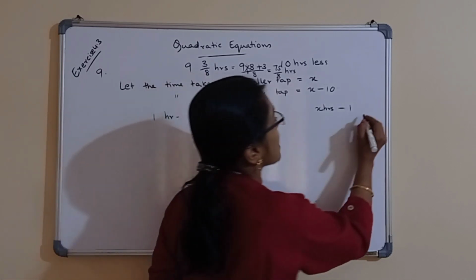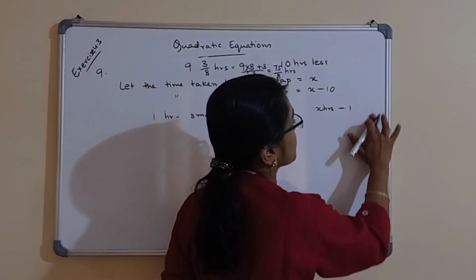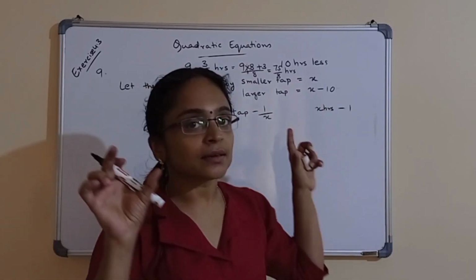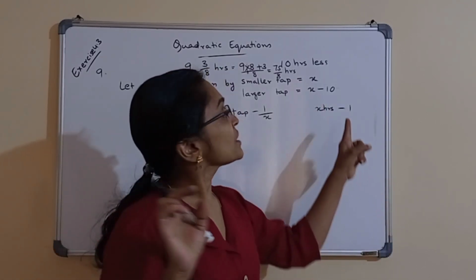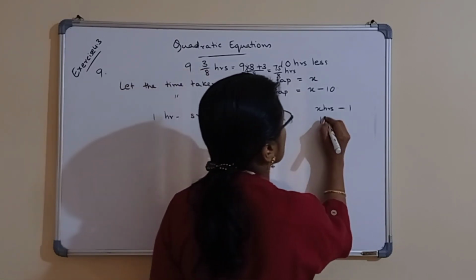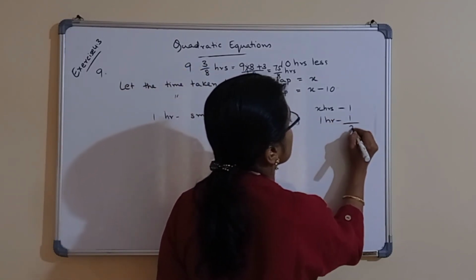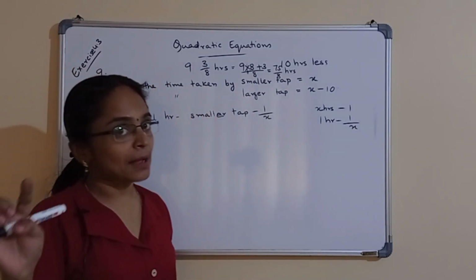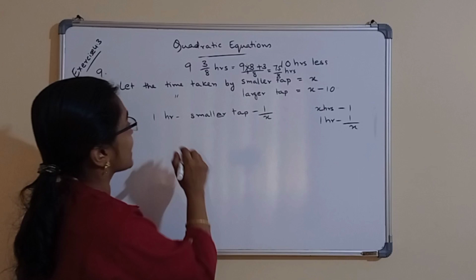If it is half, it can be considered as 1 by 2, and so on. If it is filled 3/4, it can be considered as 3 by 4. So if it is filled completely, it can be taken as 1. So in 1 hour, how much will it fill? 1 by x, right? So in 1 hour, the smaller tap will fill 1 by x of the tank,